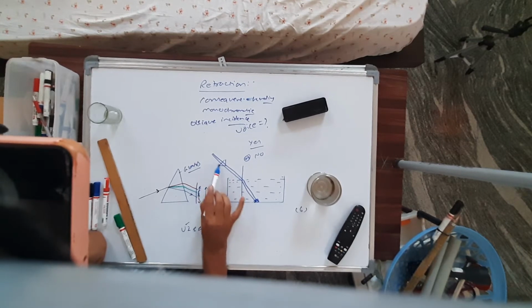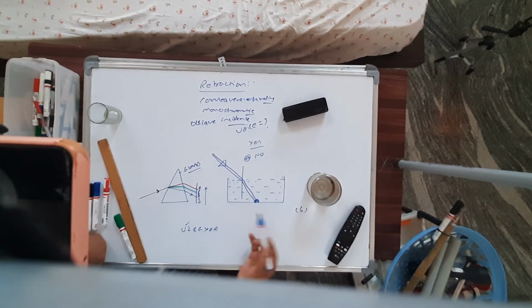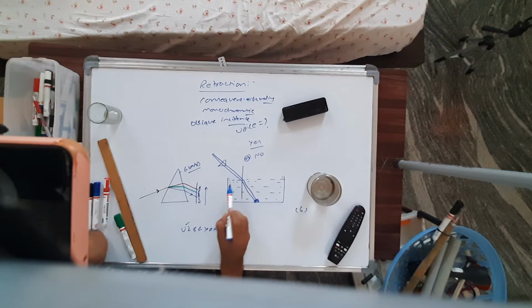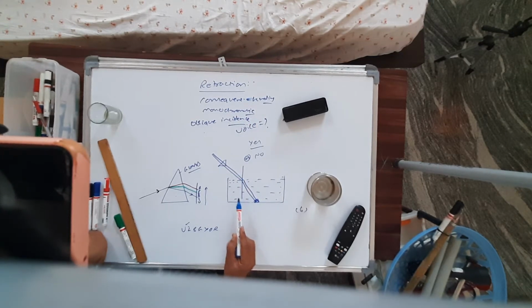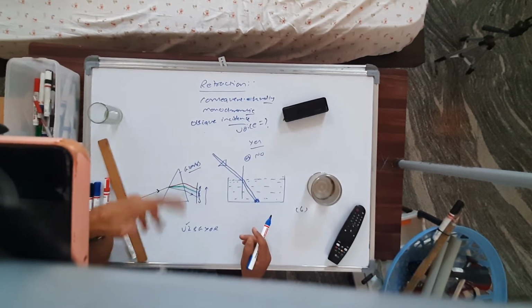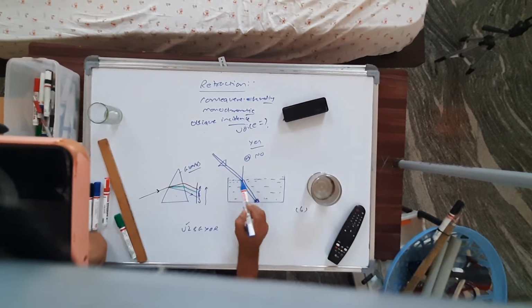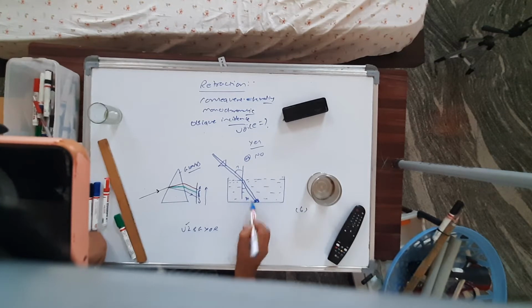Okay, now you imagine, the path of the stick itself is the path of the ray here. So it appears to be bent. So the phenomenon of change in the speed of the light and consequent bending of a monochromatic ray of light as it travels from one medium to another medium for oblique incidence at the surface joining the two media is called refraction. In simple terms, we can say the phenomenon of bending of monochromatic light as it travels from one medium to another medium because of change in the speed of light is called refraction. You can say it in whichever way you like.